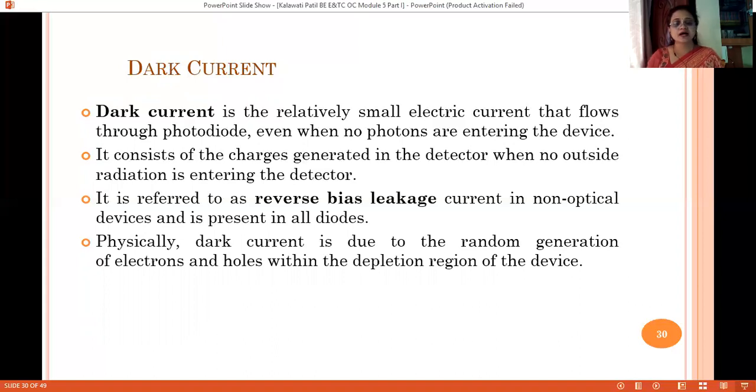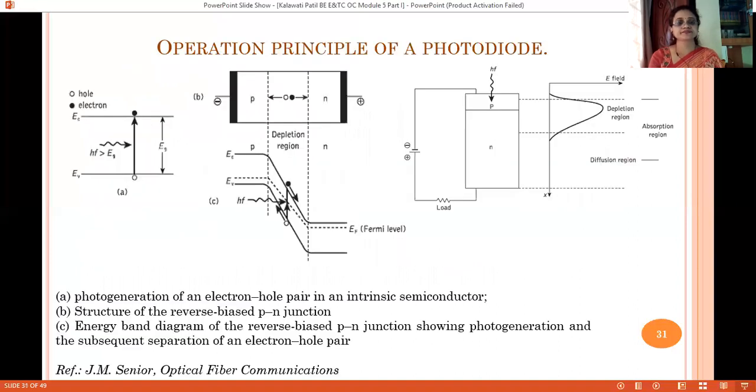Physically, this dark current is due to the random generation of electrons and holes within the depletion region of the device, generated at room temperature because of thermal energy. Hence, we always get certain dark current in a photodiode, and this dark current plays a major role in certain photodiodes when it comes to high speed applications.